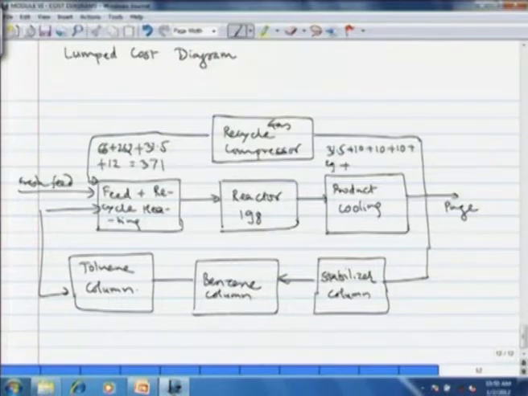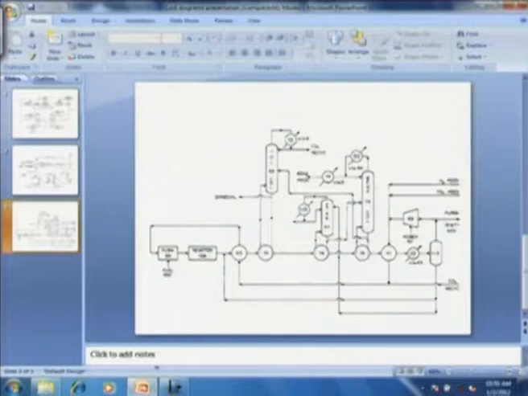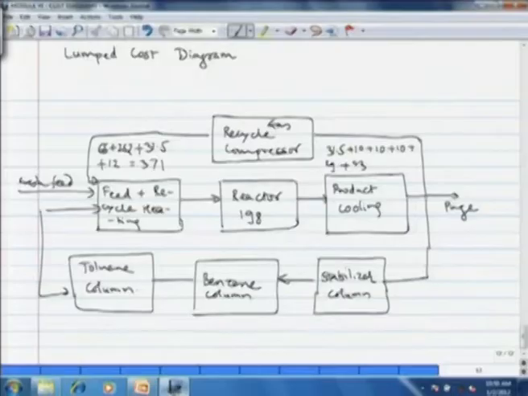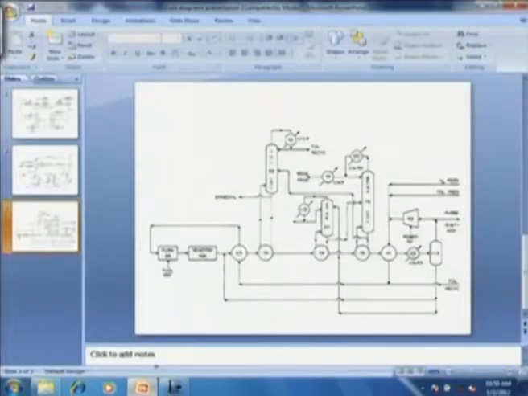$29,000 cost for fresh feed heating, and finally $43,000 for the condenser, that is cooling condenser, plus $22,000 for the condenser cost. So $43,000 is the cost of cooling water required for the condenser, $22,000 is the annualized capital cost of the condenser. So together these make out $155,000. Okay. Now let us see the gas compressor.